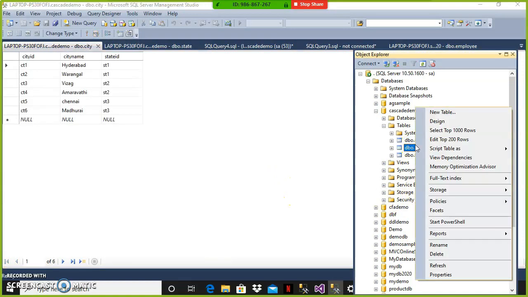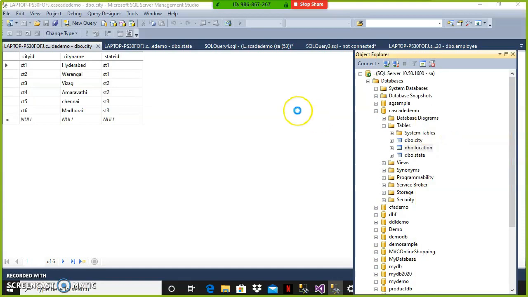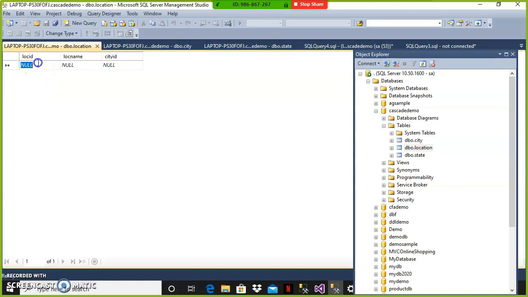Here, edit top 200 rows. Location. And here you can write the location. Loc 1. Location name I'll give Amirpet, city Hyderabad, CT1. Location 2, here I'll give SR Nagar, CT1. Location 3, I'll give KPHB, CT1. Location 4, I'll try to give some